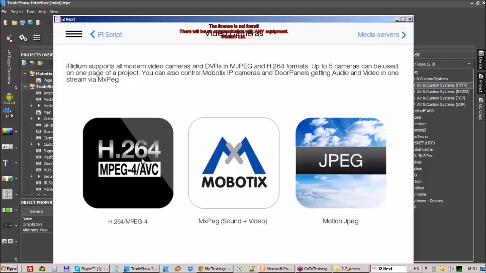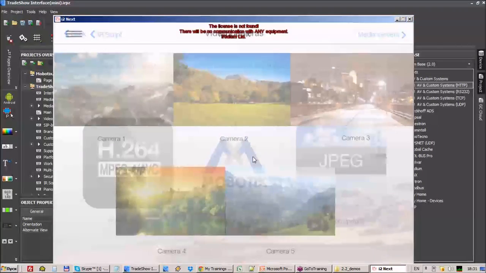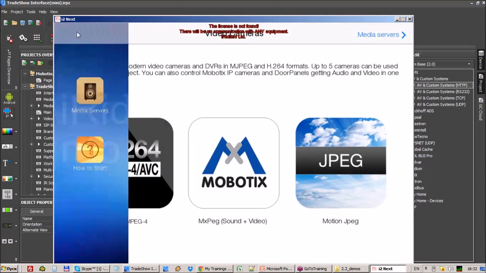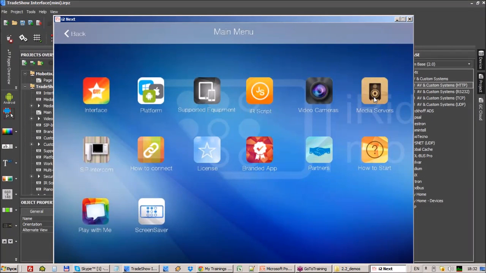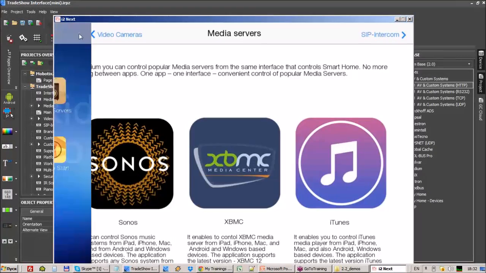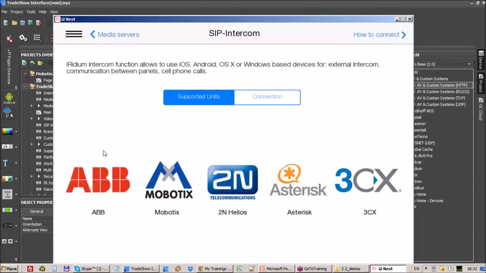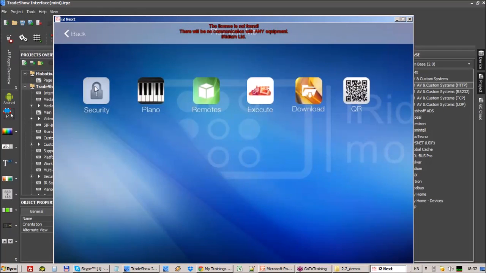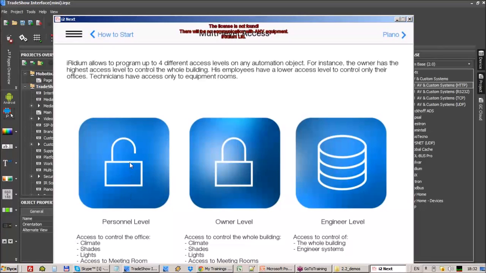Here are types of cameras and formats that we support. You can see how they can be placed. Understood. So information about media servers, SIP intercom, and here you can see section play with me. Here we demonstrate security levels that you can